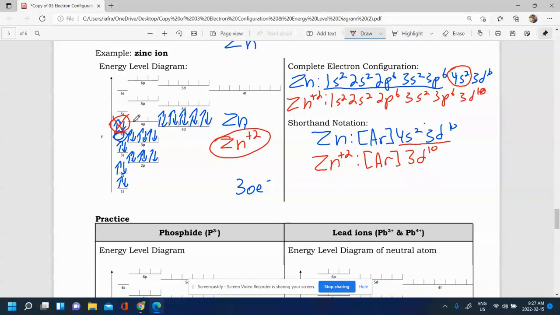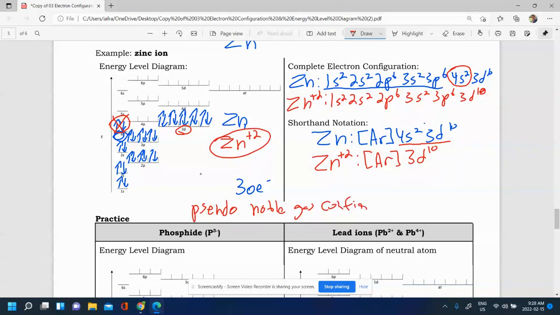It didn't lose all these electrons to become like argon. It still lost electrons, but it didn't lose all of these electrons here to become like argon. It just lost the 2 in the 4s and left the 3d there because those 3ds are very stable. But this is still a stable arrangement because, again, of that nice 3d full shell there. So even though this is not like argon, what we might sometimes say is that this is called a pseudo noble gas